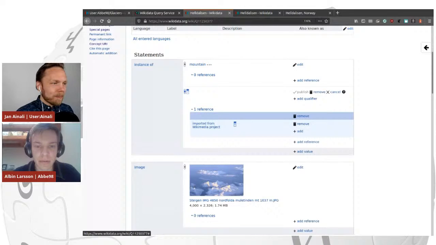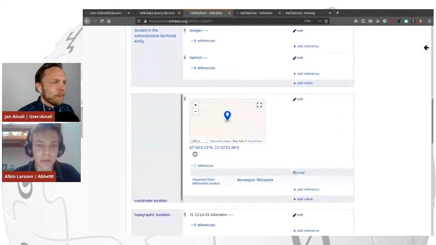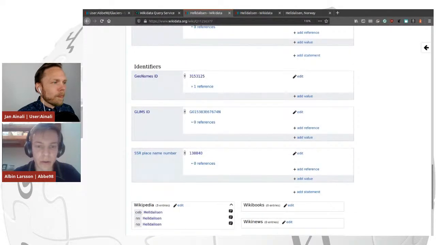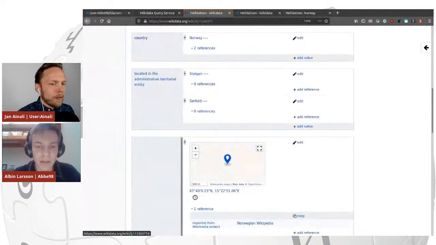So I'm actually going to remove glacier from here now. I haven't moved identifiers yet. I'm going to do that in a moment. I think I'm going to move all of them, as I remember. Yeah. But let's see if someone